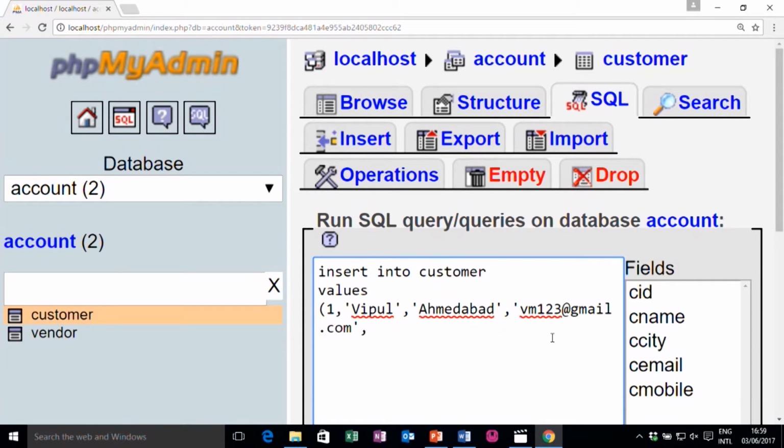So, that again I provide as a varchar data type. I will write any number, let us say, for example, his number is this, and close the parenthesis.